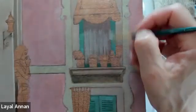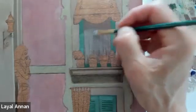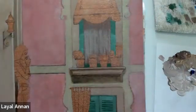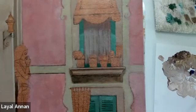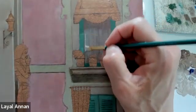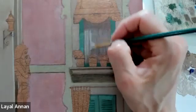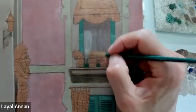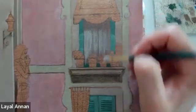My suggestion, we don't really need to have too much detail in here. I'm going to highlight a little bit more. So I did a medium tone, and now I'm going to highlight a little bit more. So I'm adding more titanium buff. It's better if you don't take it all the way down, because down at the bottom, down here,